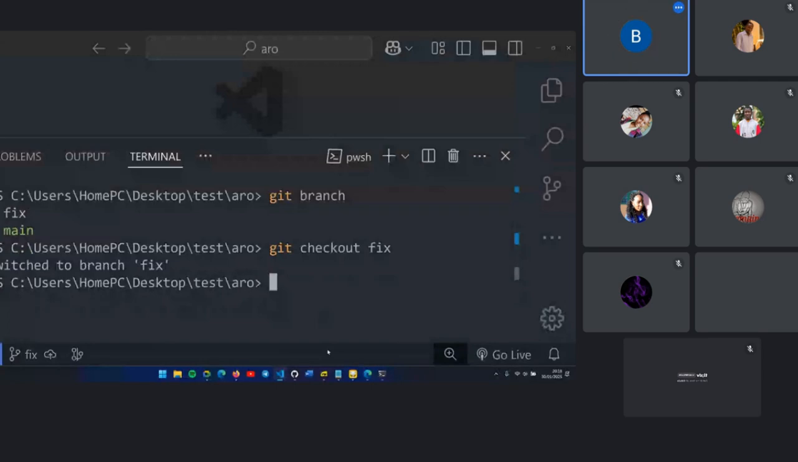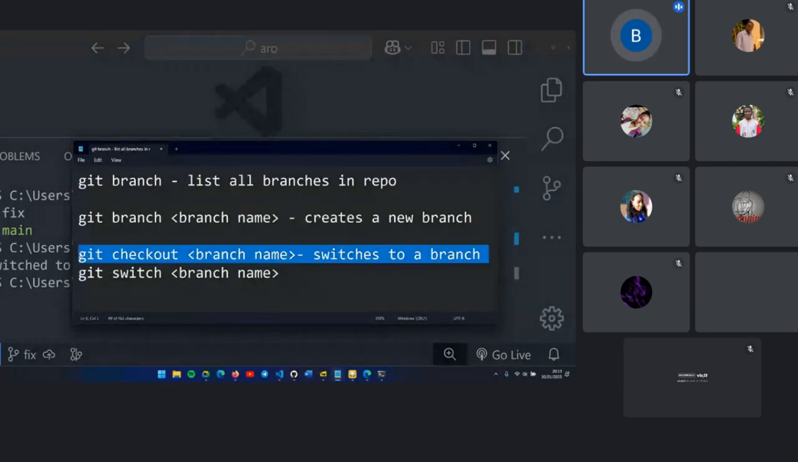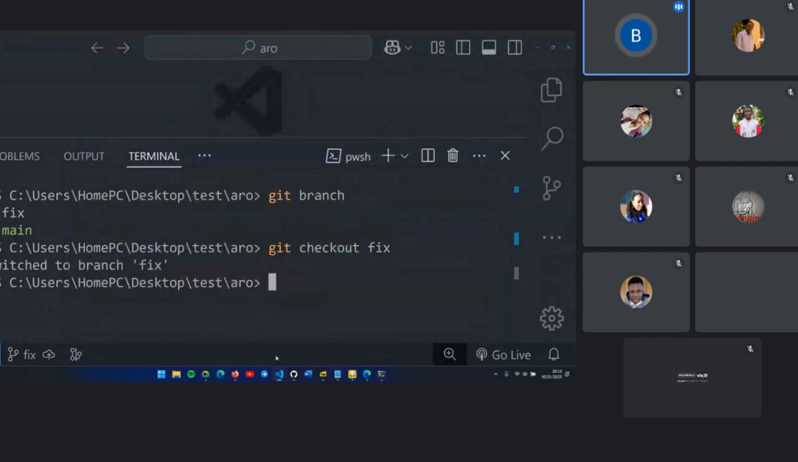The second way is to use something called git switch. You just use git switch and then you type the branch name, the same way as with checkout, and this will also switch to that branch. Whichever one you find comfortable of these two, you can use, they both work. So now if I type git branch,